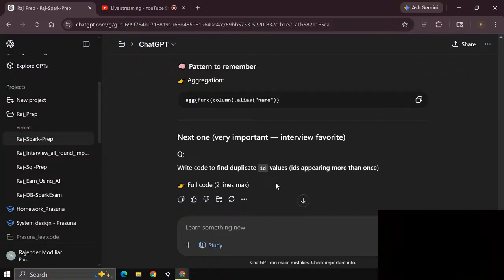Write code to find duplicate ID values. It's not drop duplicates. We just need to identify duplicates. So if that is the case, ID. If it has some ranking aspect, we might rank them.